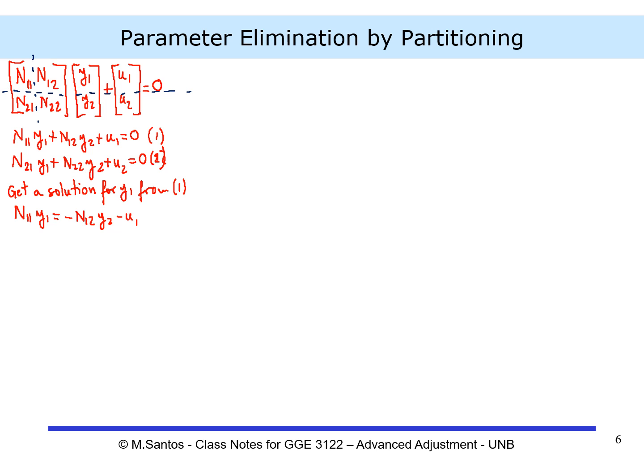And then the solution for y1 is going to be n11 inverse multiplying minus n12 y2 minus u1. This is equal to minus n11 inverse n12 y2 plus n11 inverse